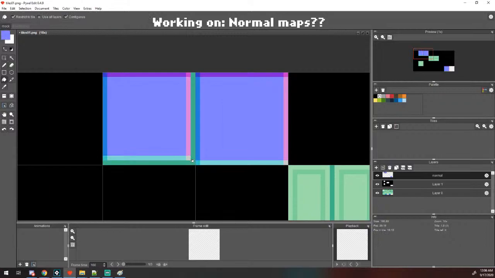And then what should I do about this part? Not quite sure. I think I'll need to test it before I can come to any conclusion about how it should look. Maybe I can give it some